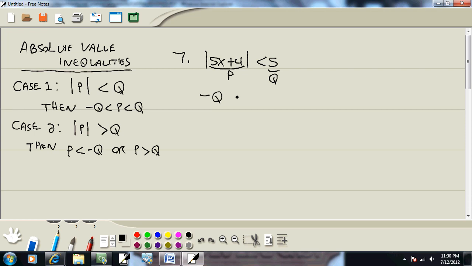And our formula is negative Q is less than P is less than Q. So everywhere we have a Q, we'll put in 5, and everywhere we have a P, we'll put in 5x plus 4. So we got negative 5 is less than 5x plus 4 is less than positive 5. Now at this point, this is a compound inequality with 3 sides. And if I write down my steps for that,